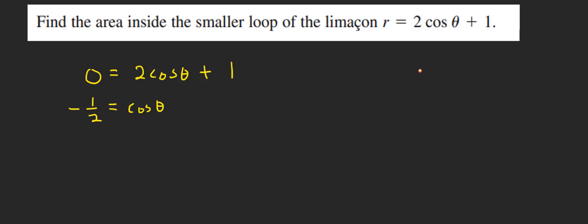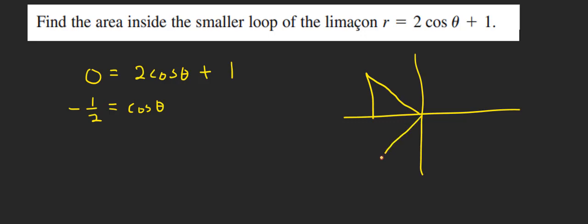Now remember, cosine is negative in the second and third quadrant. Now, what is the reference angle? Cosine of what is 1 over 2? Well, that's when theta prime, which refers to the reference angle, is pi over 3, because cosine of pi over 3 is 1 over 2. So the reference angle will be pi over 3. But we want this angle right here. That's the angle we're looking for. So that is going to be 2 pi over 3,